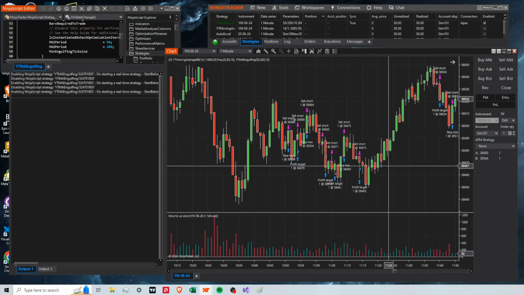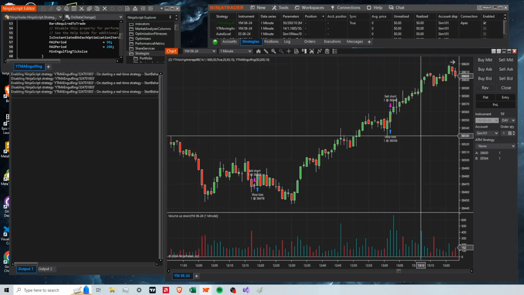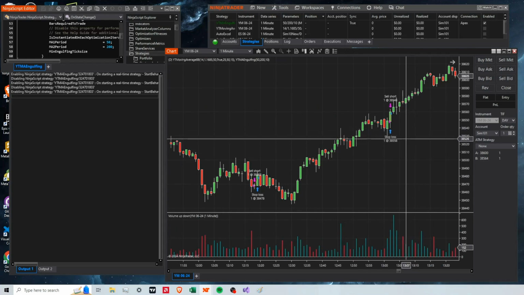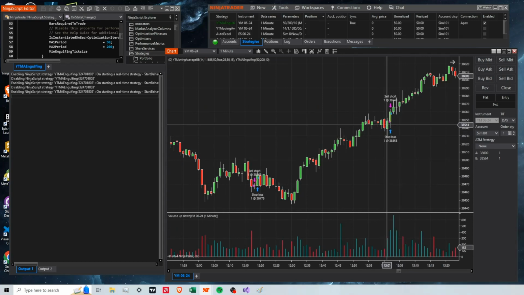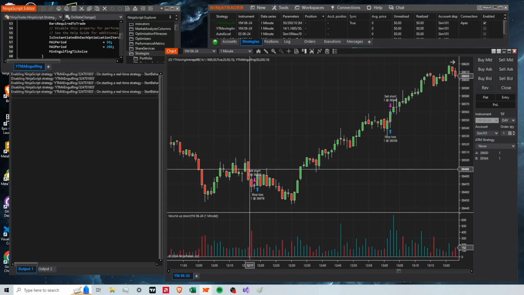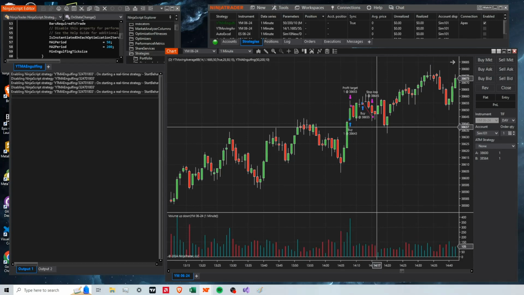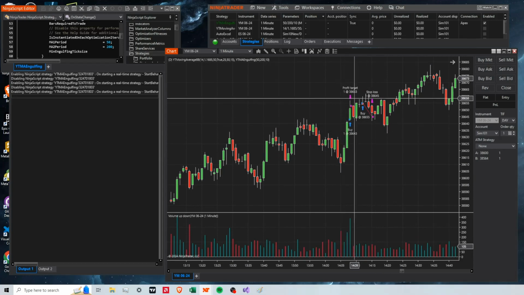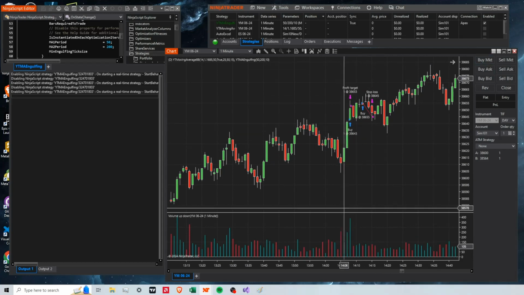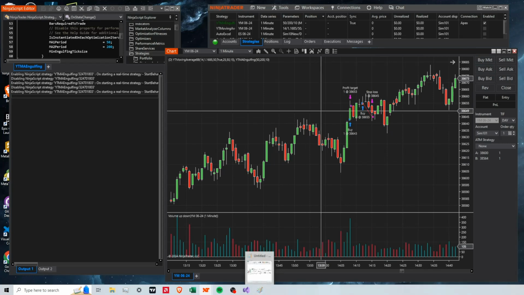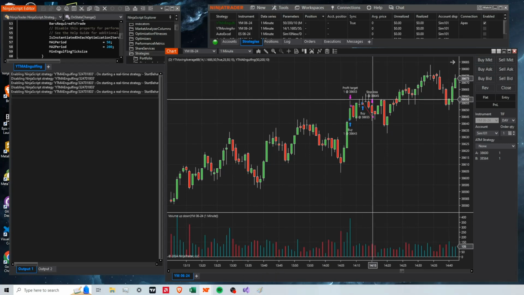So I think they're just off by 1 candle. Let's check the sells. Engulfing, candle late, engulfing, bar late, I mean. Engulfing. Okay, so we are off by 1,